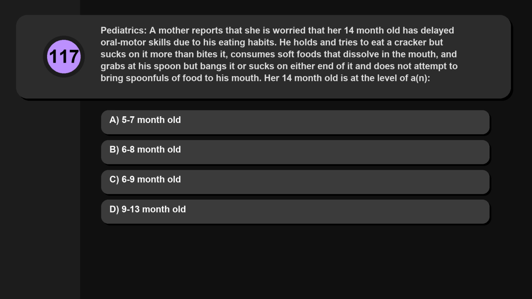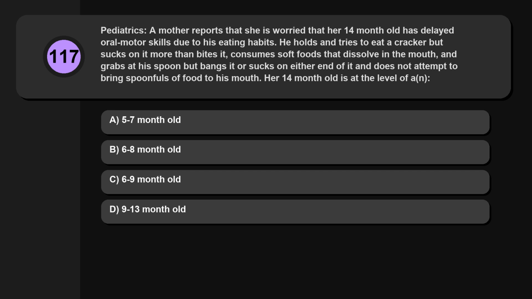Question 117. Pediatrics. A mother reports that she is worried that her 14-month-old has delayed oral motor skills due to his eating habits. He holds and tries to eat a cracker but sucks on it more than bites it, consumes soft foods that dissolve in the mouth, and grabs at his spoon but bangs it or sucks on either end of it and does not attempt to bring spoonfuls of food to his mouth. Her 14-month-old is at the level of a